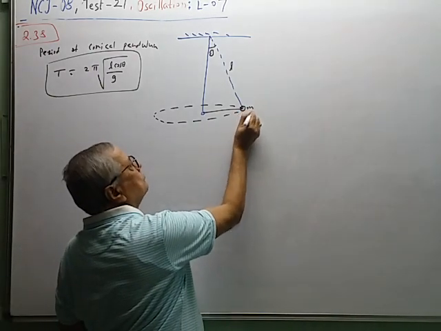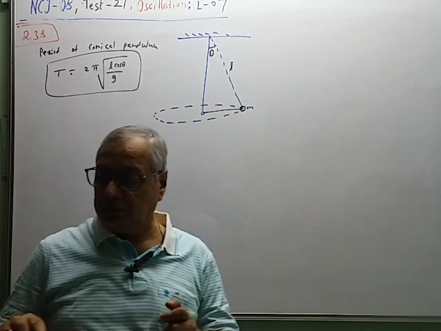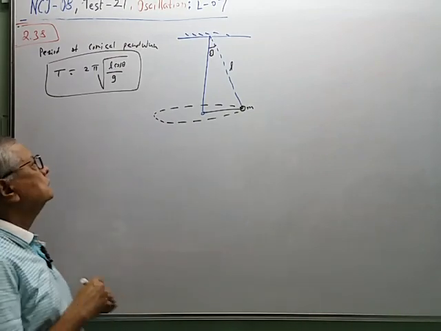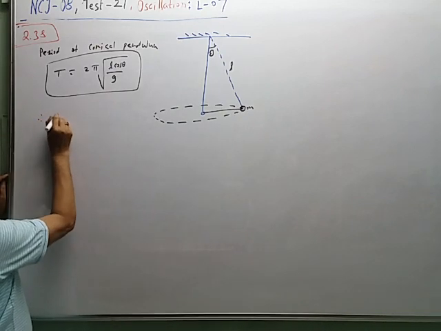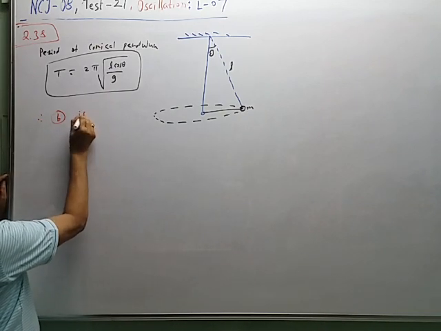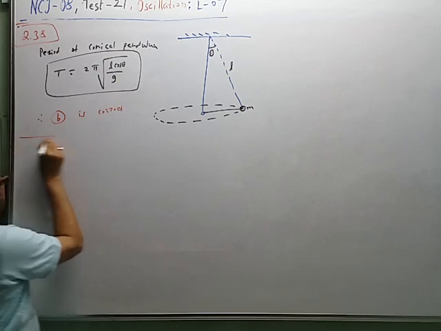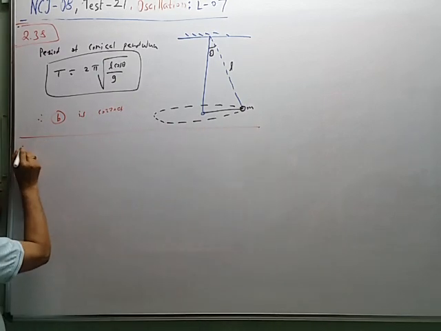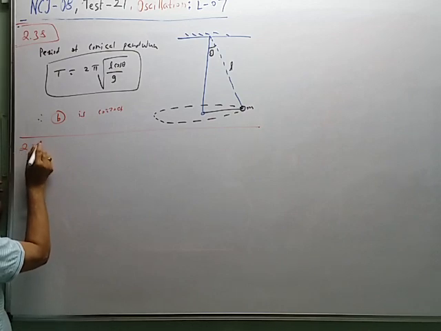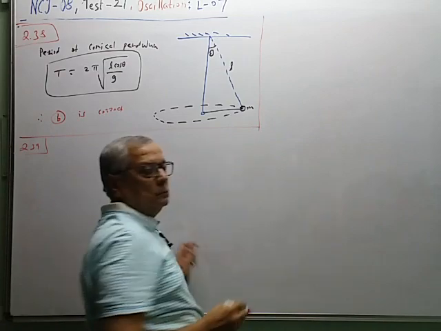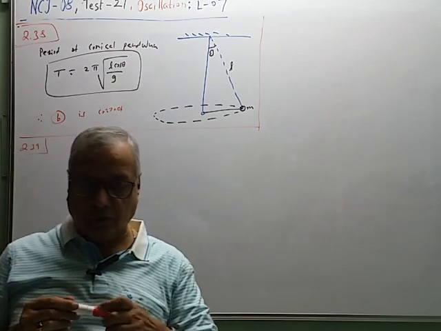This is a bob of mass M like this. So the correct choice is B. Therefore, B is correct. Next, question number